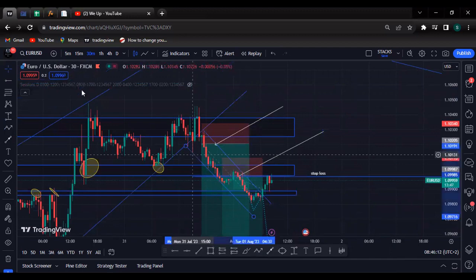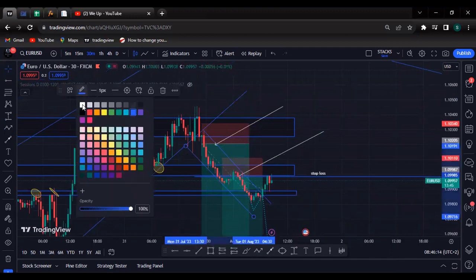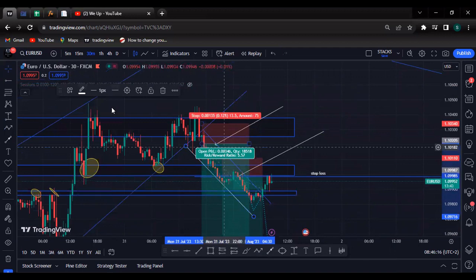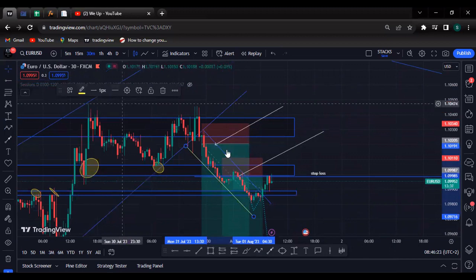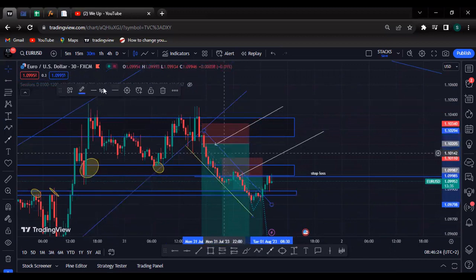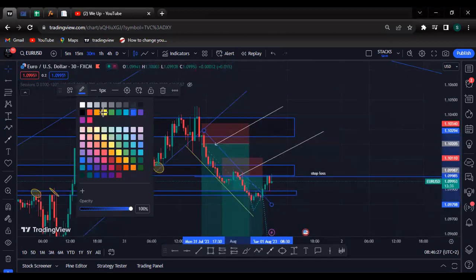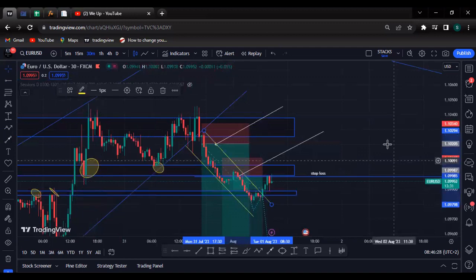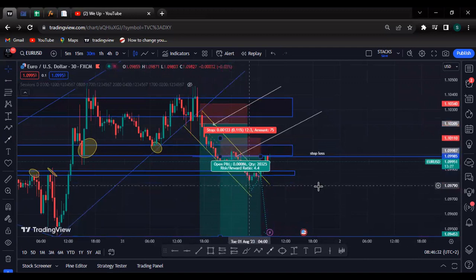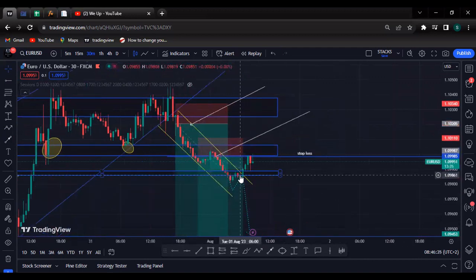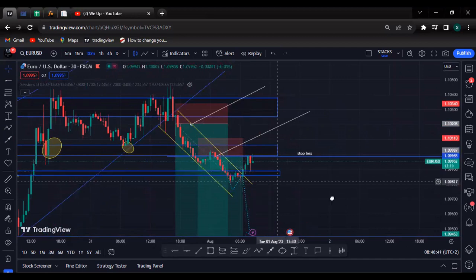Let me make these trend lines clear so you can see properly. As you can see, I spotted this downtrend over here. And then watch, as soon as I saw this candle push above this trend line, then I was like,